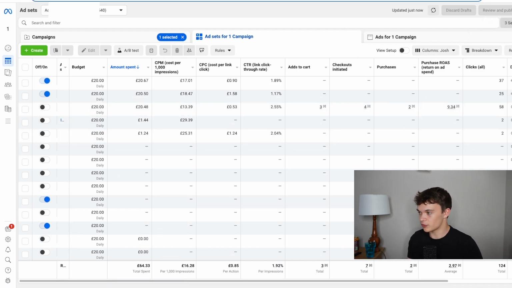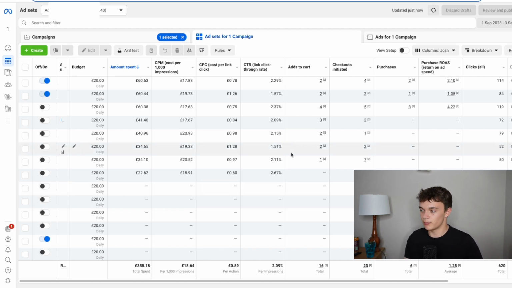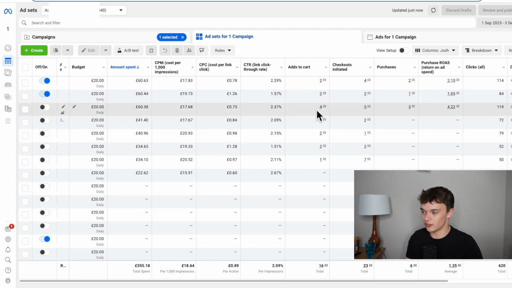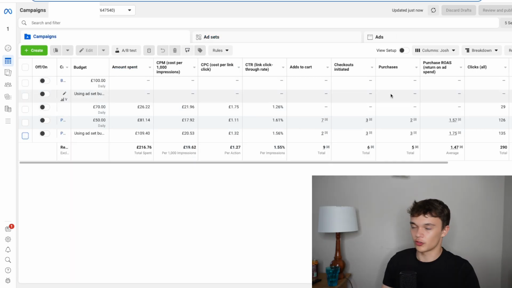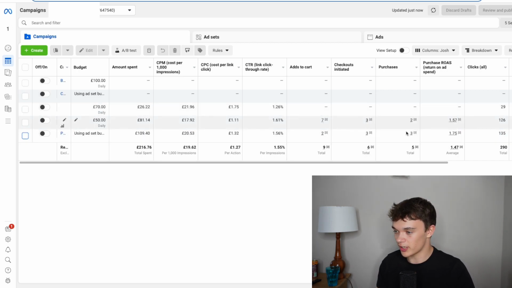So far I've spent £355 for 6 sales. Now my profit per unit was £40, so I've spent £355 to make back £240, I believe. We're losing money at that point, but there's good results. So what I did is I scaled this interest, I duplicated it, and I'll show you how that went. On the 5th of September, I scaled this interest, and as you can see, it's about break even,